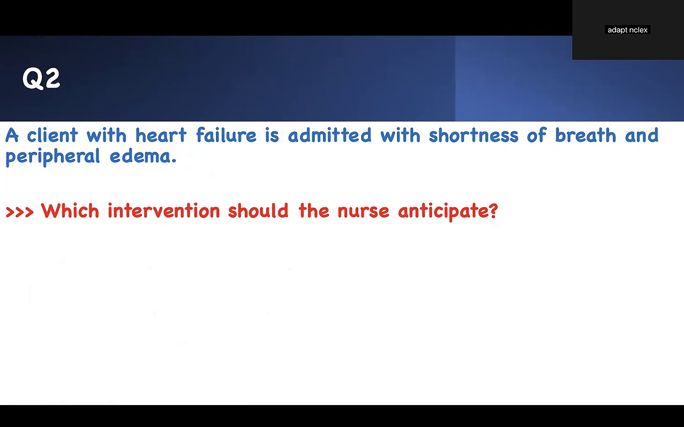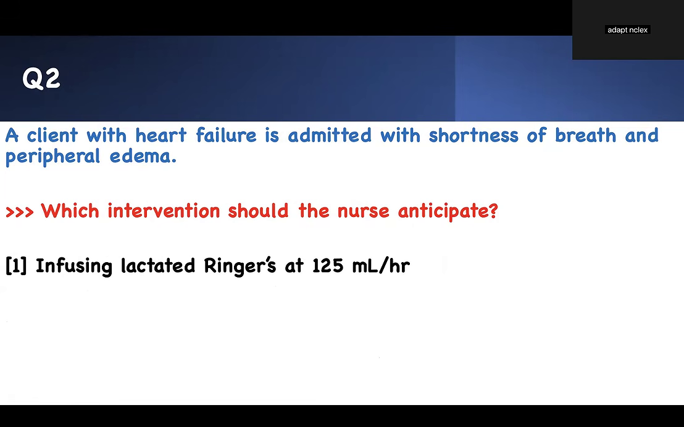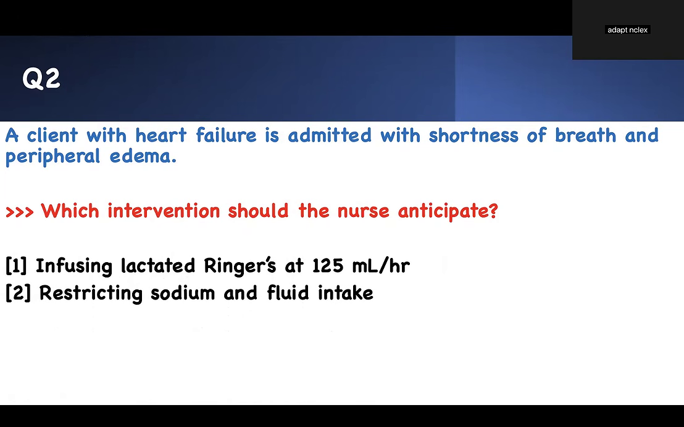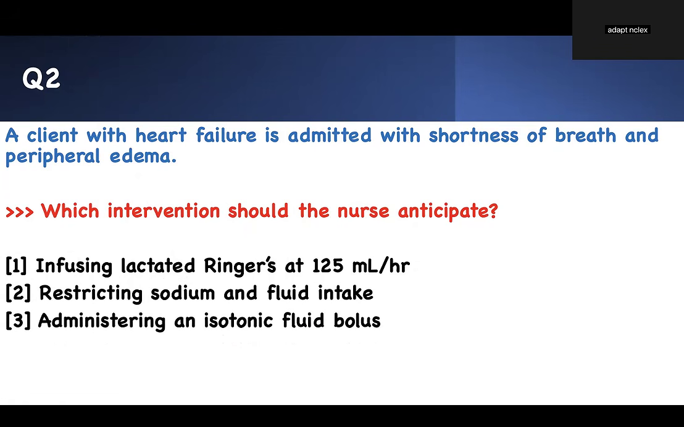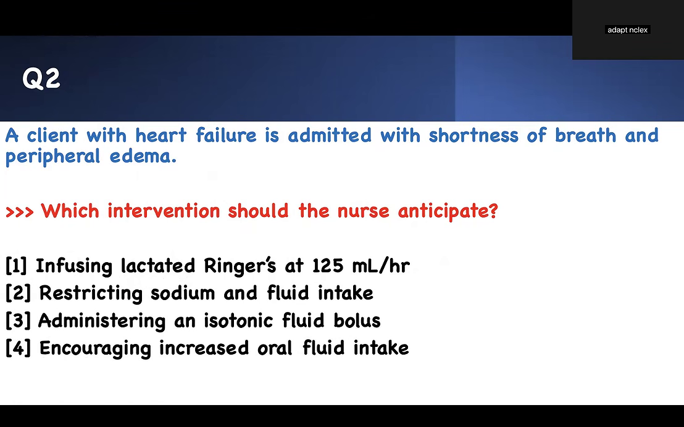Number 2, a client with heart failure is admitted with shortness of breath and peripheral edema. Shortness of breath and peripheral edema are the buzzwords. Which intervention should the nurse anticipate? Infusing lactated Ringer's at 125, restricting sodium and fluid intake, administering an isotonic fluid bolus, or encouraging increased oral fluid